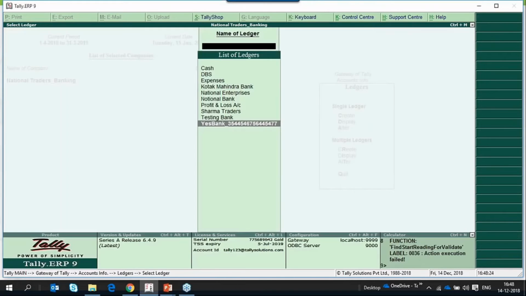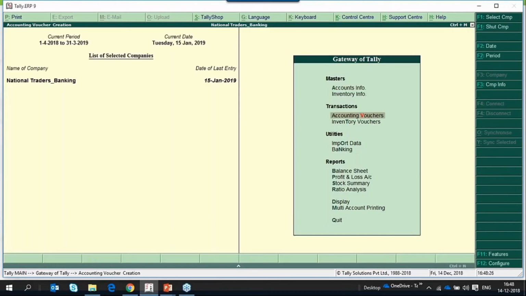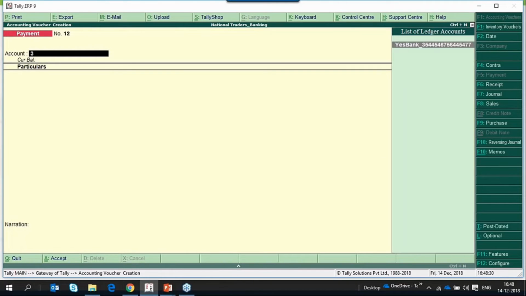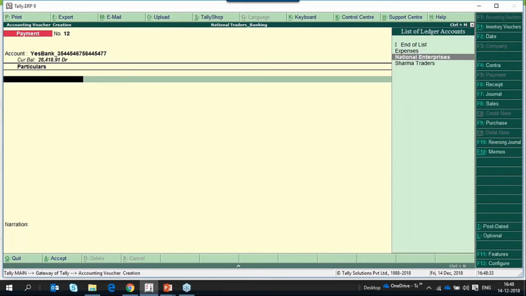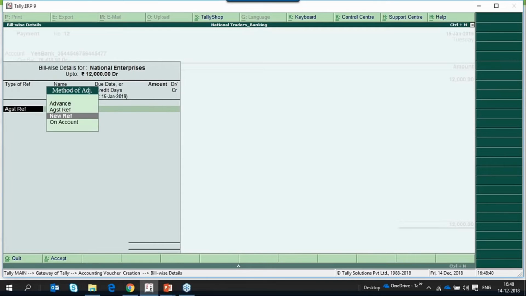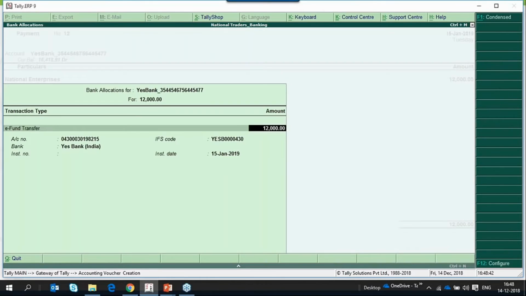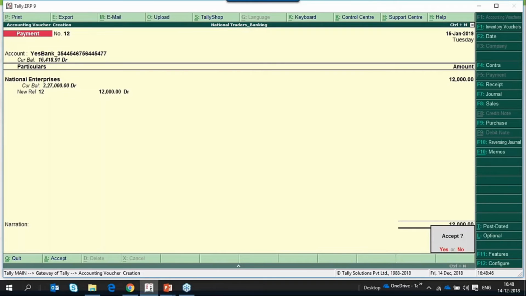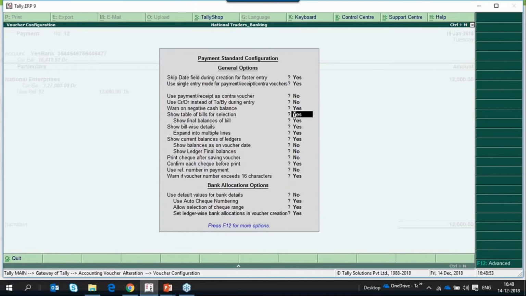Now, while recording a payment voucher, it will show us the check printing. It will ask us whether we want to print the check for this transaction or not. For this we have a configuration in F12, print check after saving.